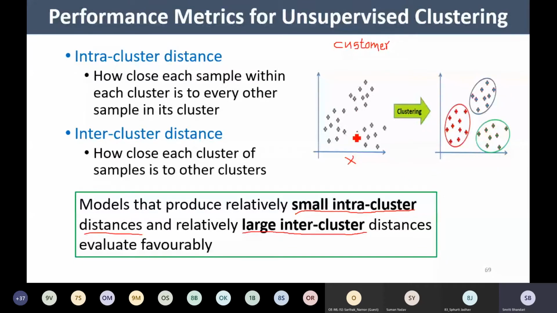So based on these characteristics, I am going to group the customers. For example, based on the spending capacity of the customer, I may come up with certain clustering. This group of customers is spending low, this group is spending high, and one more group is spending moderately. So depending on various criteria, I may come up with different kinds of clusters.